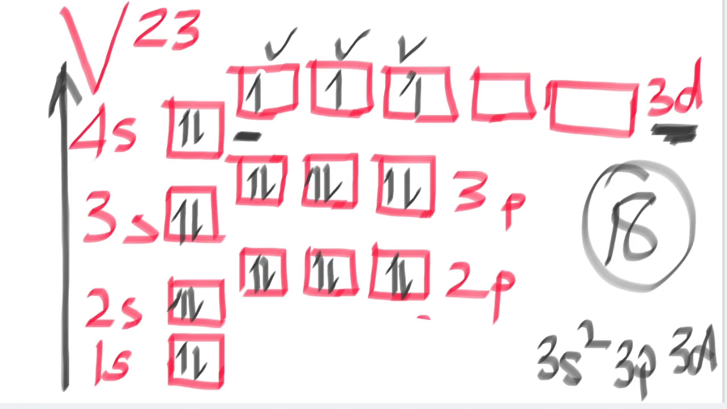These rules sometimes get slightly broken when we have chromium and copper, but we'll discuss that in another lesson. For now, I would like you to note that the 3d level has 5 boxes, which means it can hold up to 10 electrons. But in filling up electrons, we need to fill the 4s first before we move to the 3d. So I'd like you to write the electron configuration now of manganese and nickel